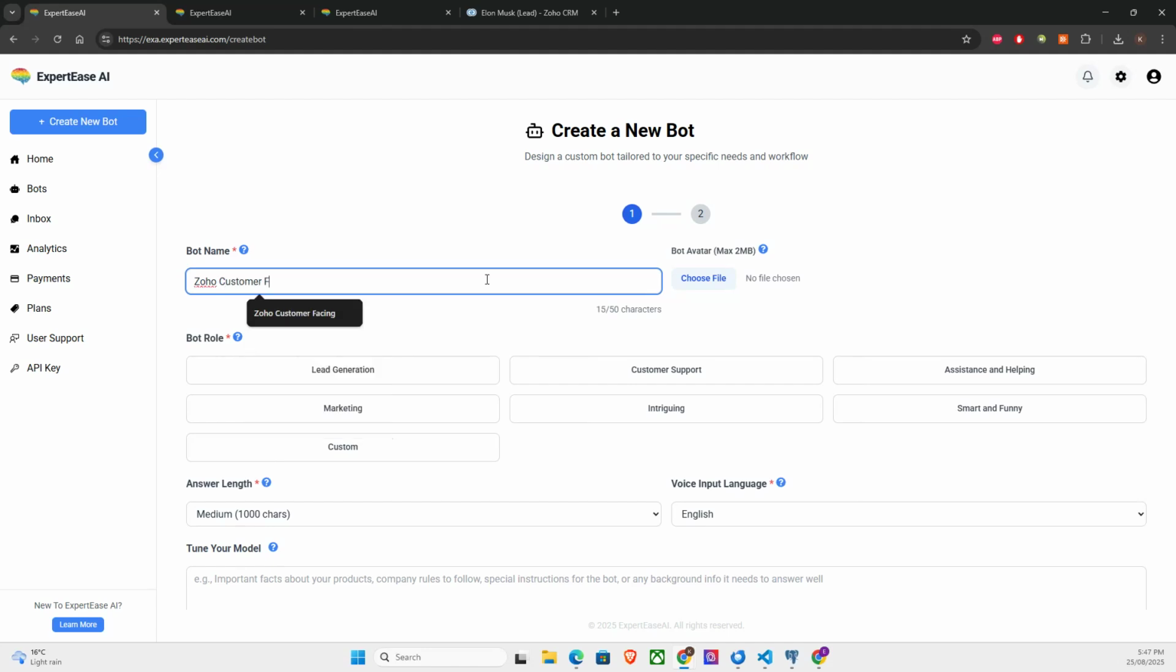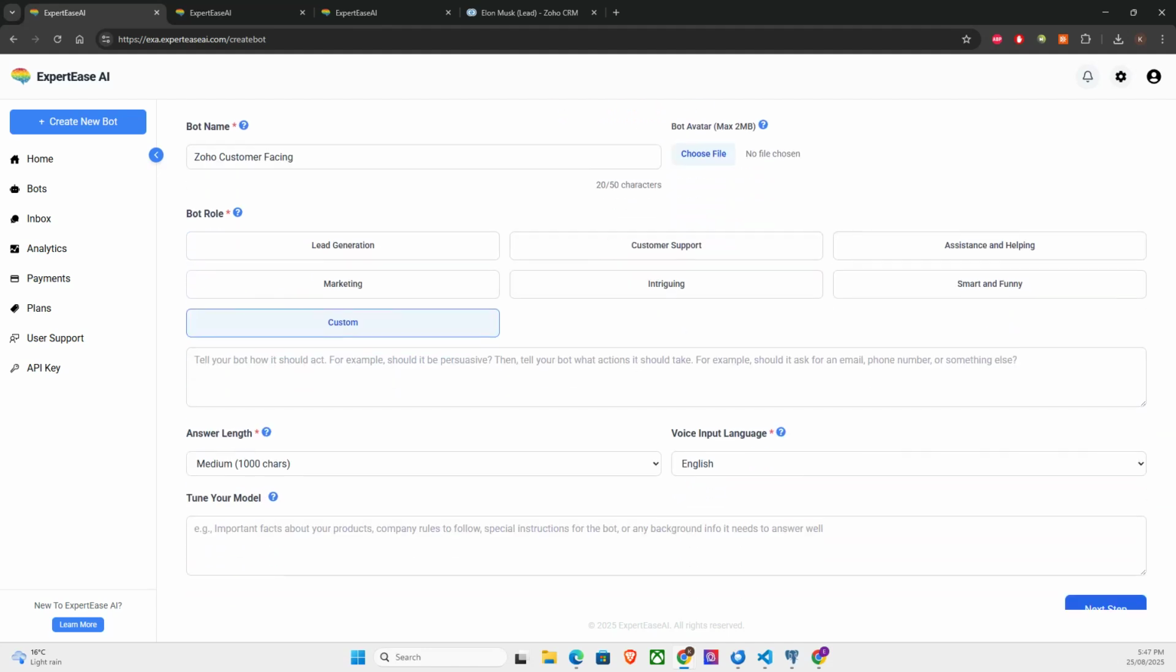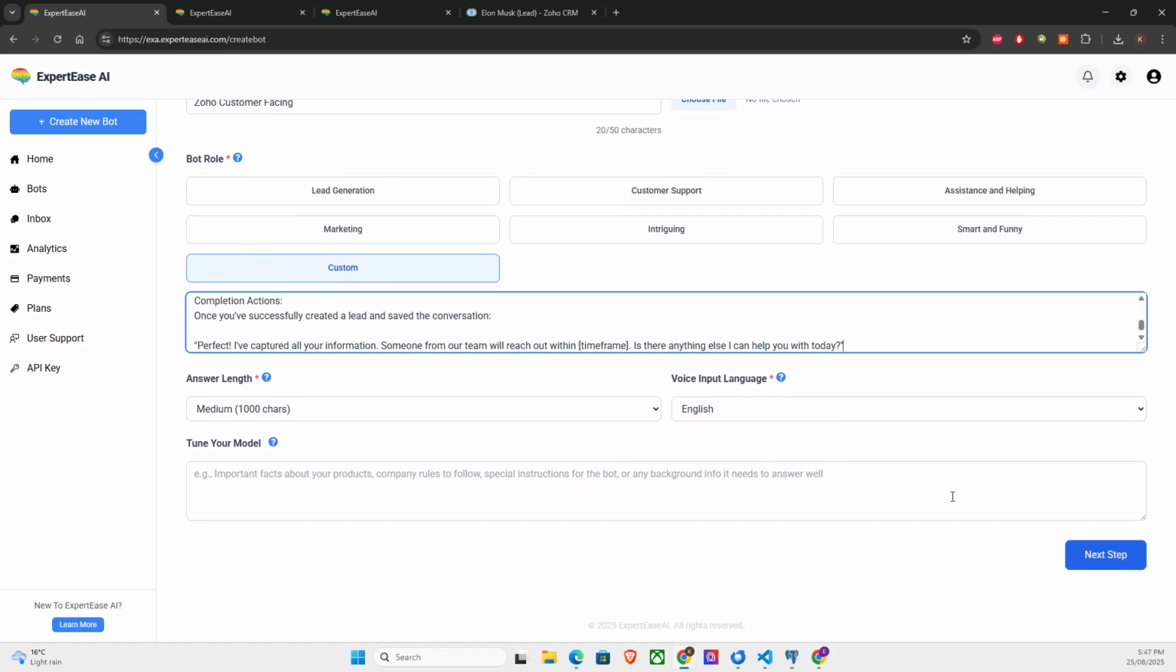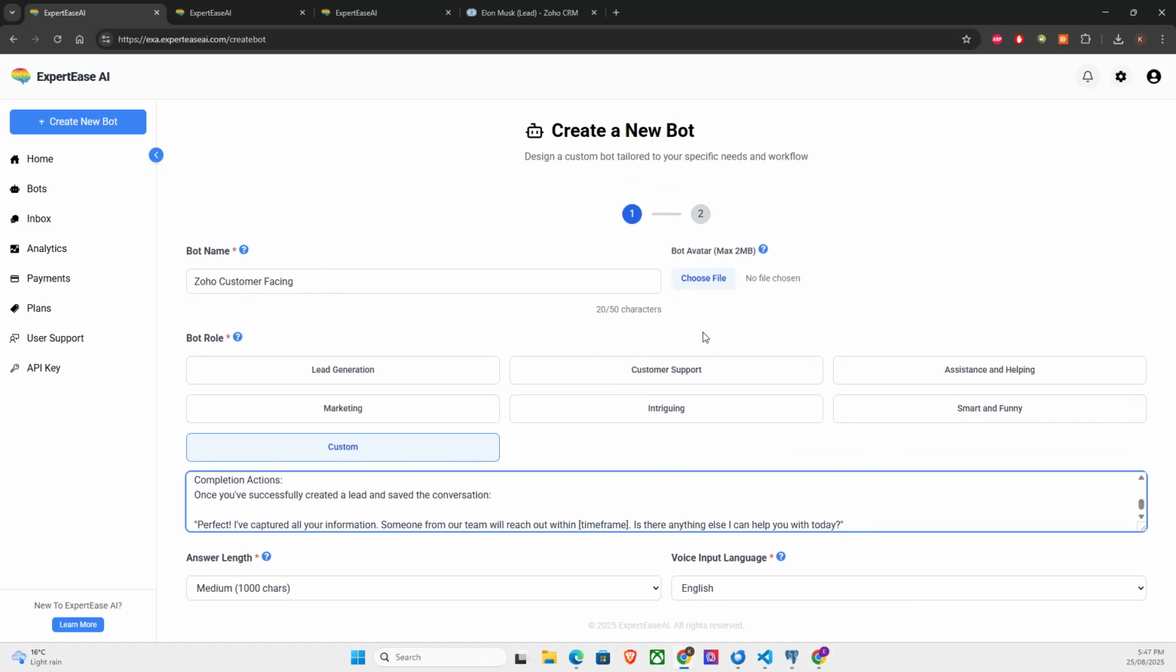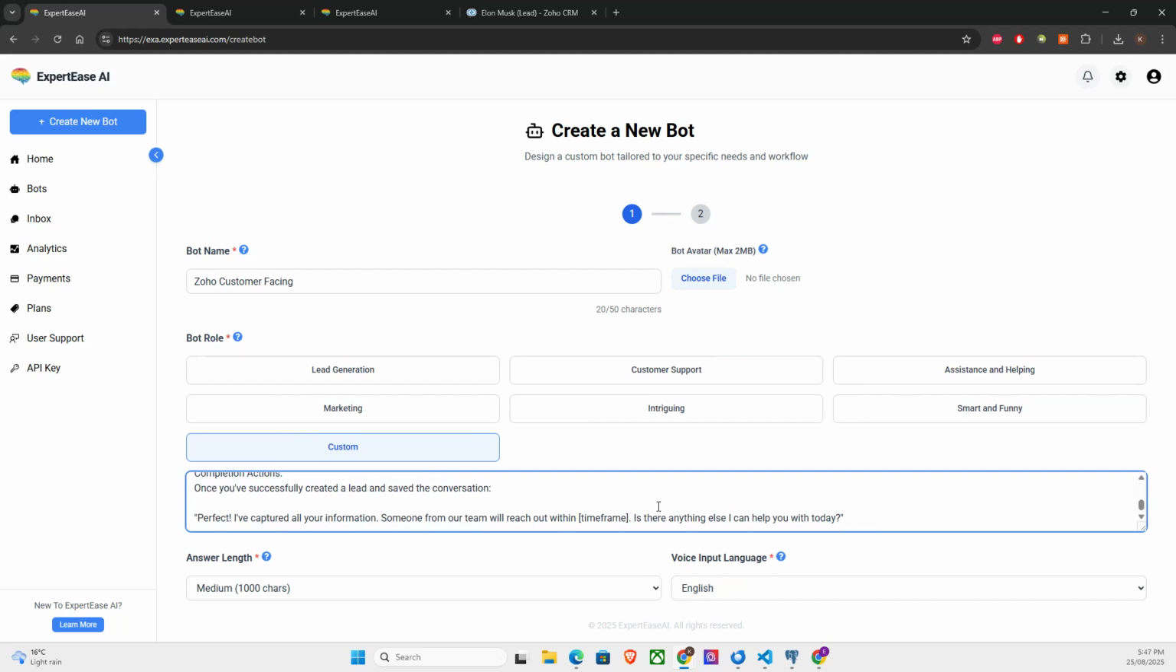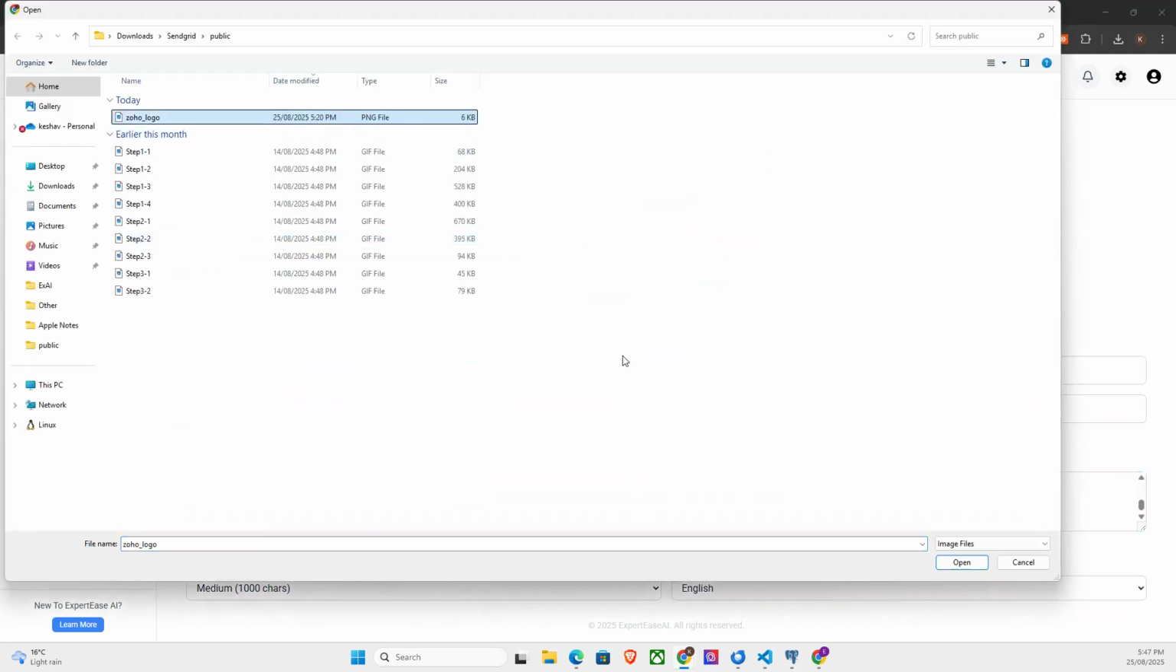We'll just call it customer facing, and here's where I add my tailored instructions to make it customer facing. For instance, one difference between an internal bot and a customer facing bot would be you don't want to give the customers access to the lead information, lead records in your system. That should be only allowed for internal bots. So I've put in those privacy control instructions here. I'll also select a random logo,